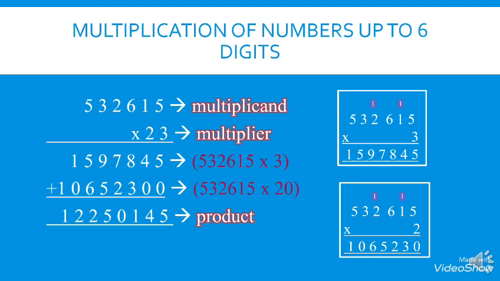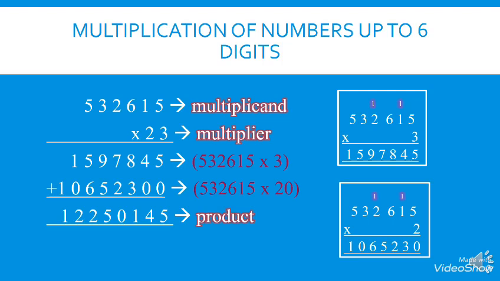Now move to the tens digit of the multiplier, which is 2. First we add 0 at the unit column. Then we start to multiply with 2. 2 5s are 10. We will write 0. 1 will be carry. 2 1s are 2 plus 1. We will write 3. 2 6s are 12. 2, 1 will be carry. 2 2s are 4 plus 1 will be 5. 2 3s are 6 and 2 5s are 10.